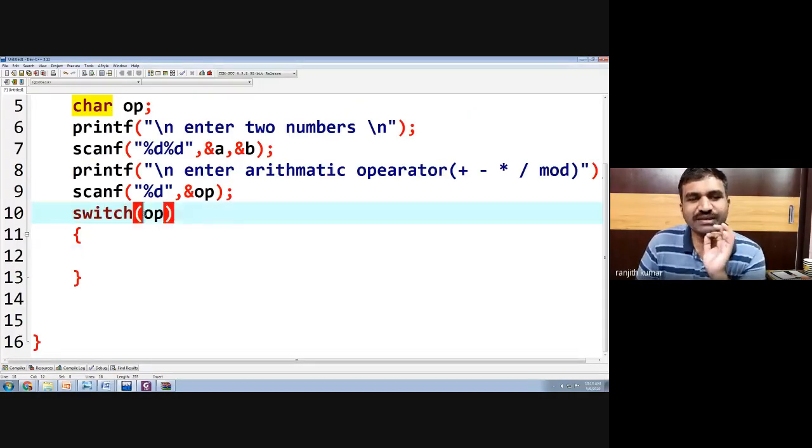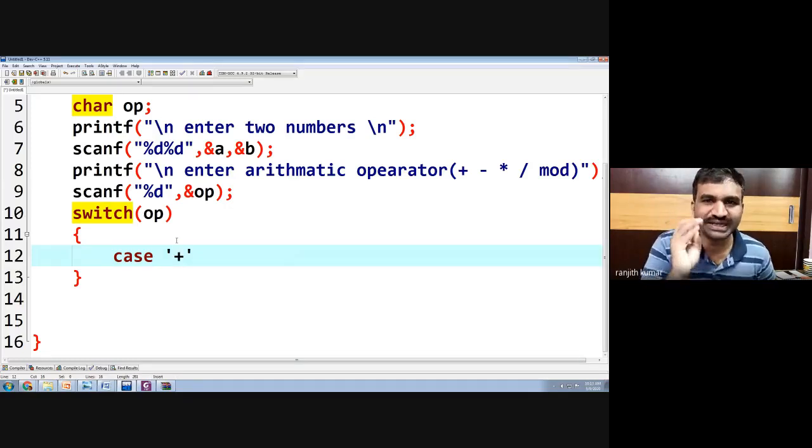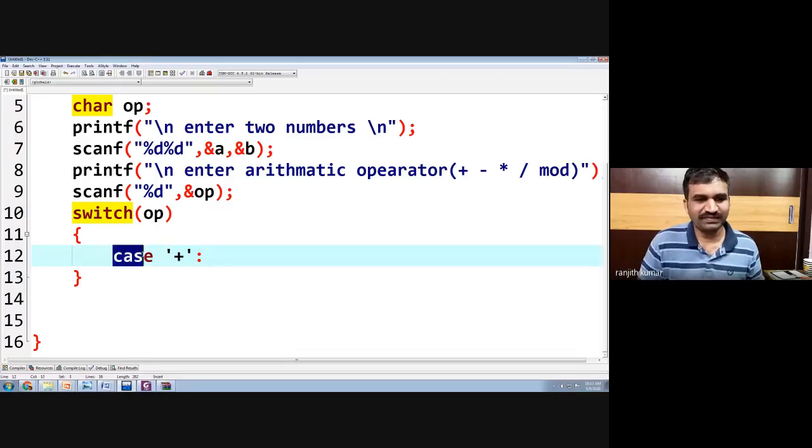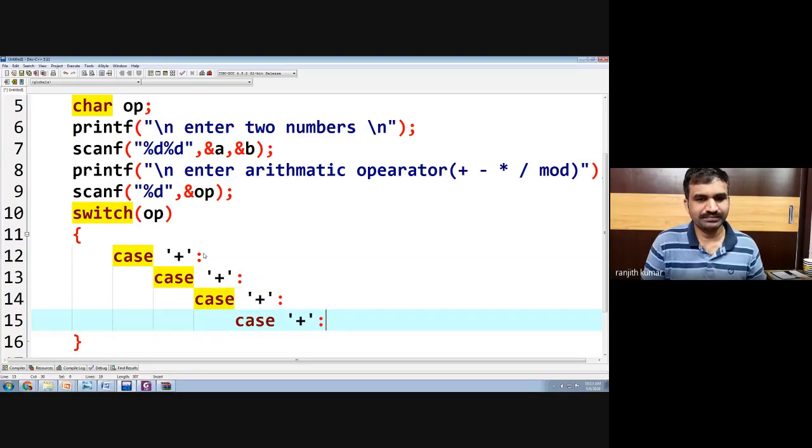The input to the switch is always compared with each and every case value, as we know. Here, a character must always be quoted in single quotations. Only an integer or a character can be the input of a switch, because it performs equal-to comparison. Are we clear? So case plus, case minus, case star, case slash, and case mod.